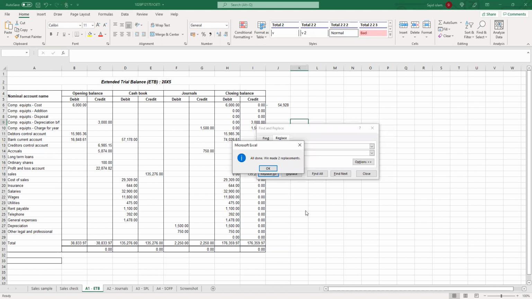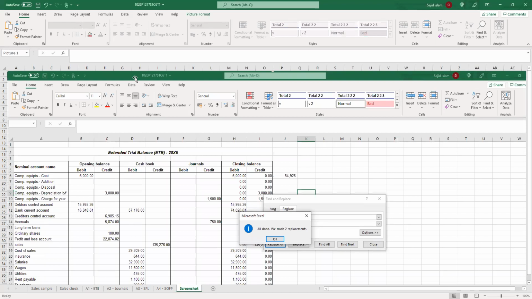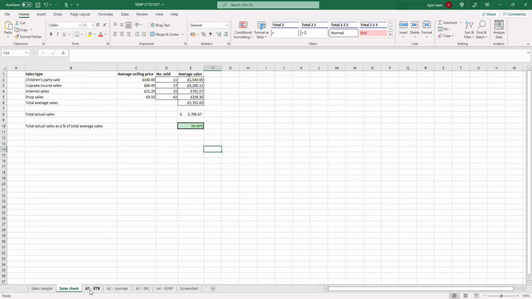So all we have to do is take a screenshot. They said keep this one as evidence. So you take a screenshot on your keyboard, with the print screen key, and you'll see the screenshot there. After that you can save it on the screenshot tab and press OK, close. On this Excel you'll have a screenshot tab, the last tab, so you just save it here. So Control V, I'll paste it here, and it will show the evidence, nothing else. All right, so go back there to the ETB,